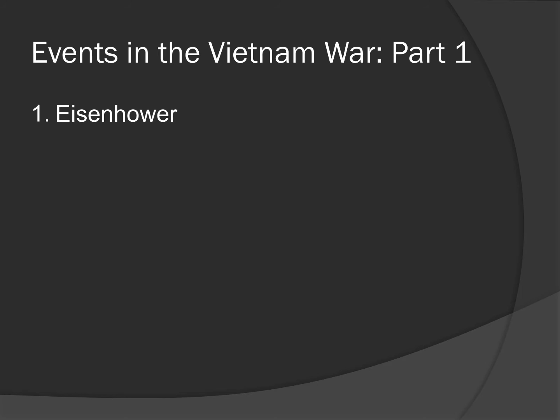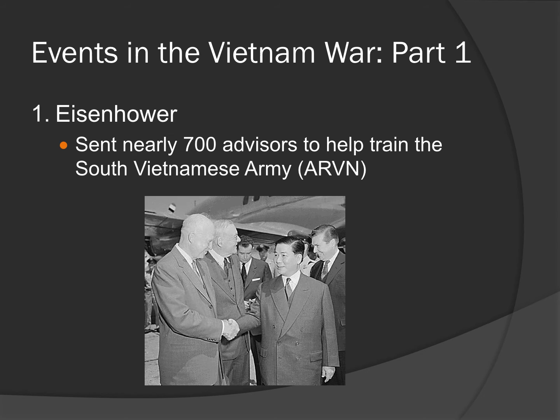We've talked before about how under Truman, we had sent over money to help France try to hold on to Vietnam. But once France was defeated, and Vietnam ended up in a civil war, North versus South, President Eisenhower decides that the South needs some help. So he sends over our very first troops, nearly 700 advisors, to help train the South Vietnamese army, which in